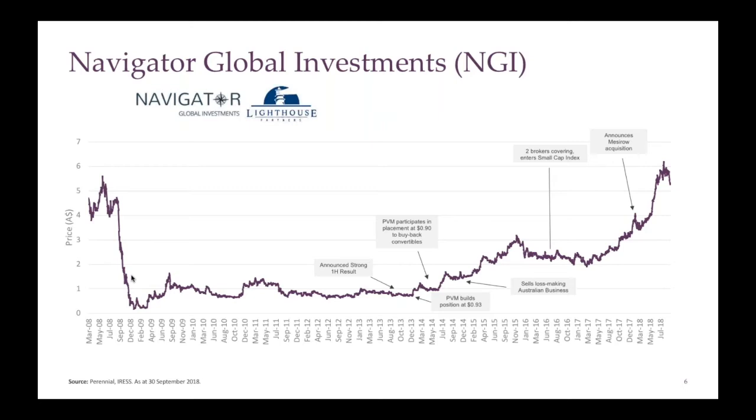It's now gone past the 500 mil cutoff for the microcap fund. But I think this is just a classic example of, if we like a stock, we buy it when it's under researched and we'll ride the whole journey. And in this case, it's a journey which is not over yet. We still own Navigator in our small companies fund, but that was a 5-year holding period and a very good